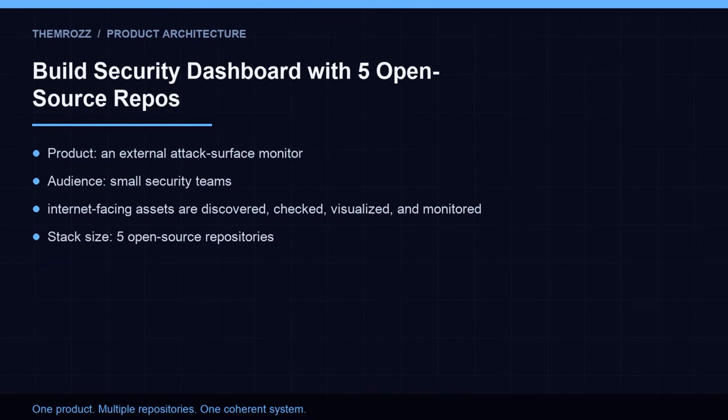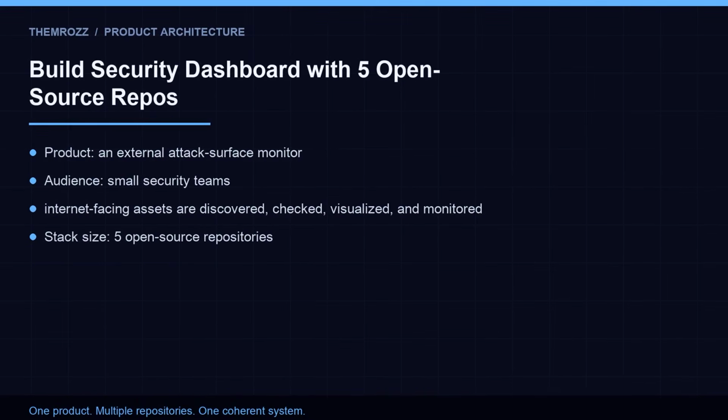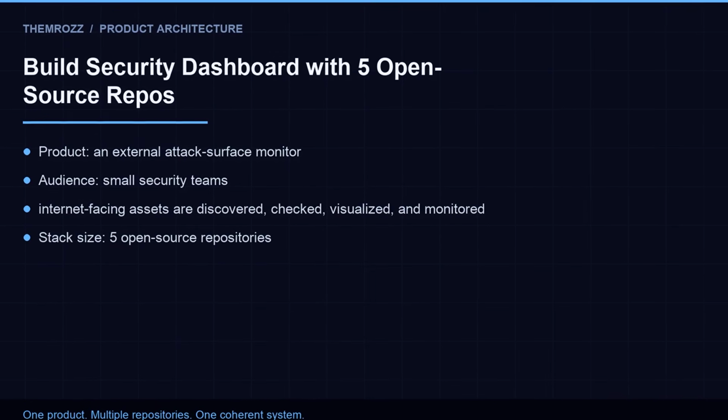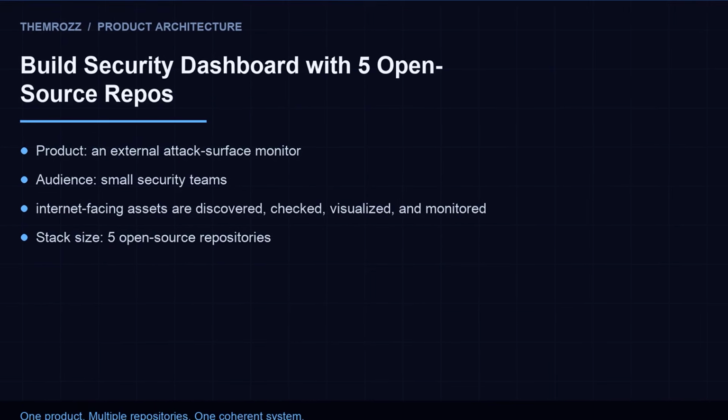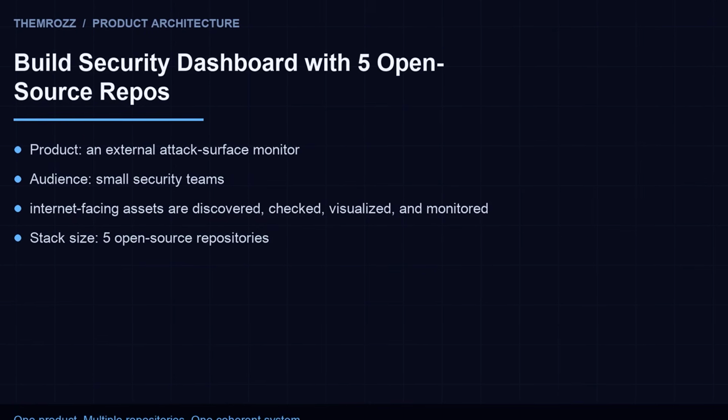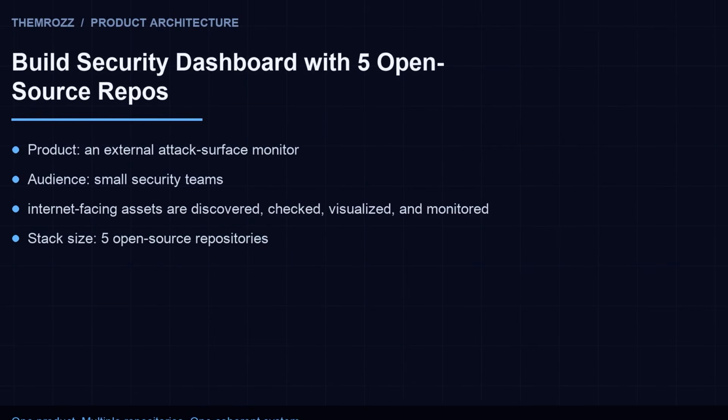A small security team starts by entering a domain or IP range into the product's simple interface. The system springs to life, silently discovering internet-facing assets across the web's hidden corners. It begins with Shadowbroker, the geospatial intelligence engine, which activates its 60-plus OSINT feeds to map devices, services, and vulnerabilities tied to that domain. Like a radar sweeping the internet, it pulls in data from sources like Shodan Senses and